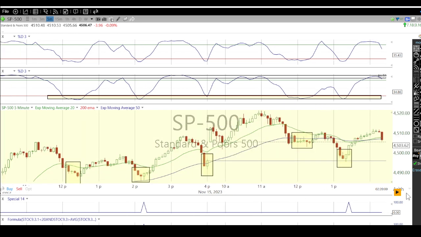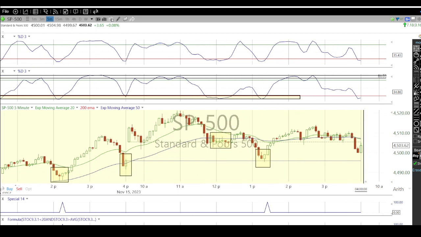So again, that's just a great little chart I put out today, and we just followed that, and we ended the day right here. I wouldn't be surprised to see a little gap up tomorrow, just because of that 5-minute cash chart. Now the cash doesn't open up until 9:30. The futures will open up after that. We'll have that spread between the cash and the futures until they come together in about an hour or so into the trade, and then things sync up. But until then, that 5-minute cash chart is going to be oversold. We'll see what happens in the morning. But I'm going to be tracking these again because it works so well.